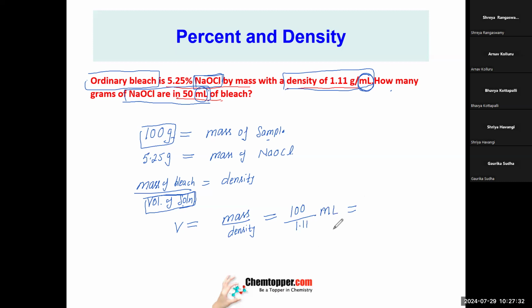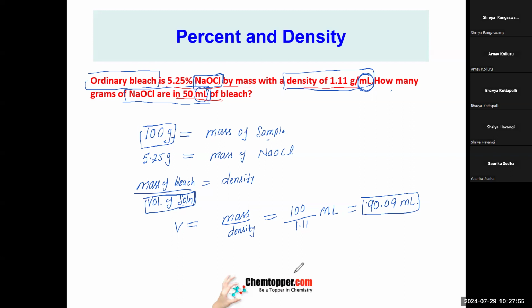Ninety point one ml. Okay. Yeah, more accurately, 90.09 ml. So what does it mean, Shreya? It means that your 100 grams of the bleach is present in 90.09 ml,